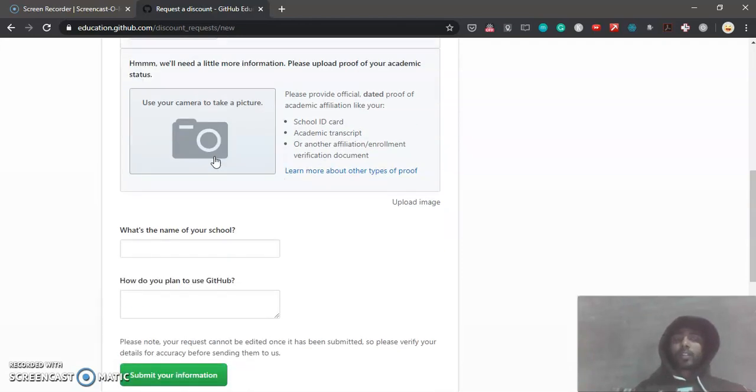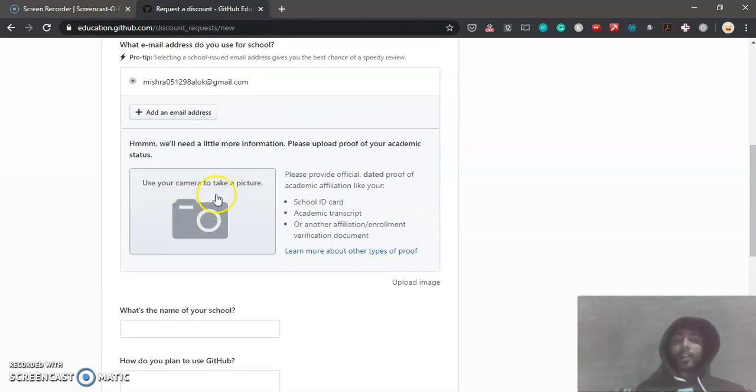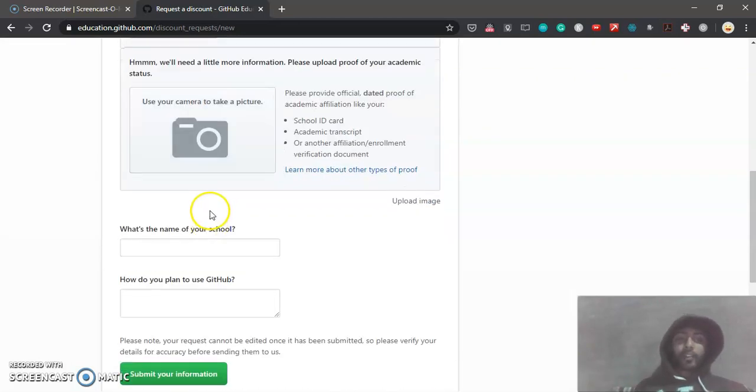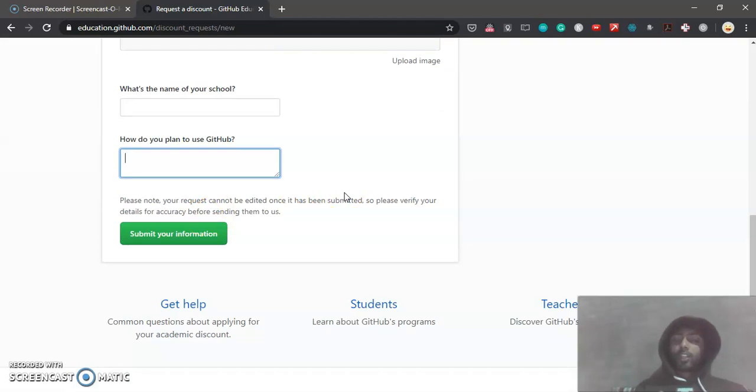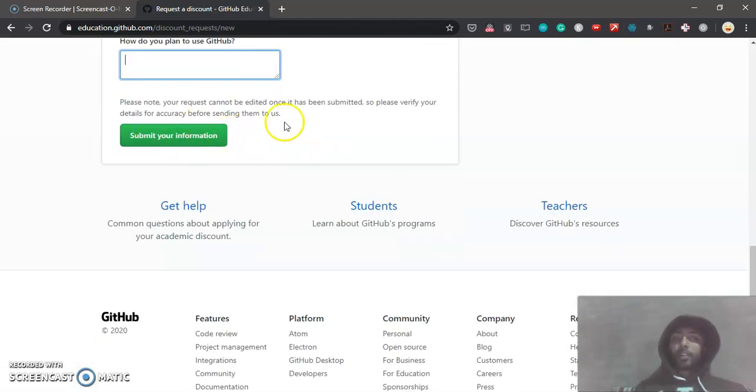So you can share with them your identity card or your fee slip, and then type here your school name, and then tell them how you are going to use that plan and submit that information.